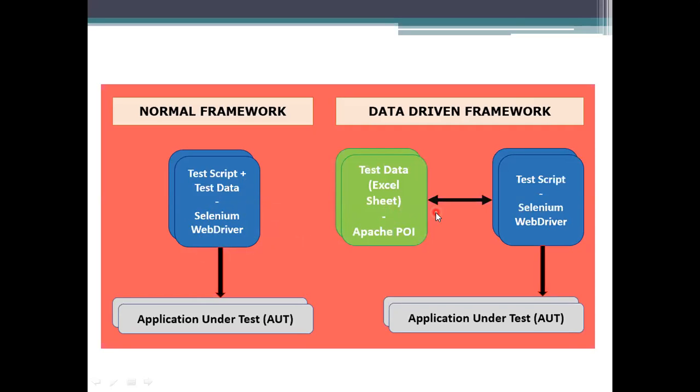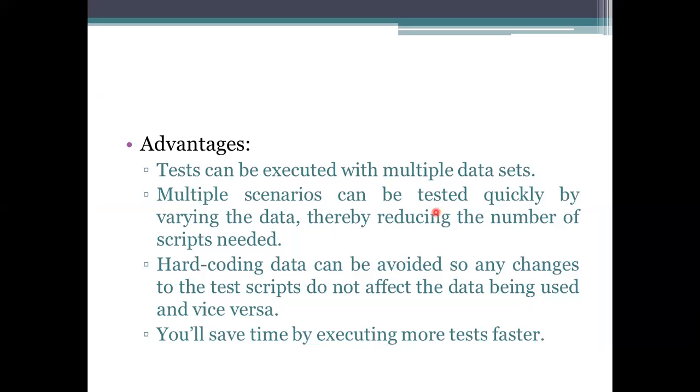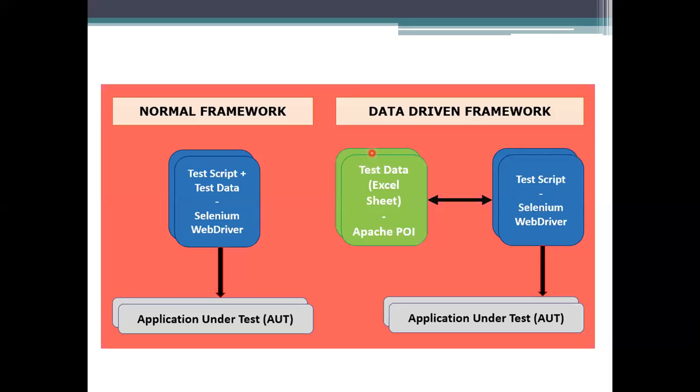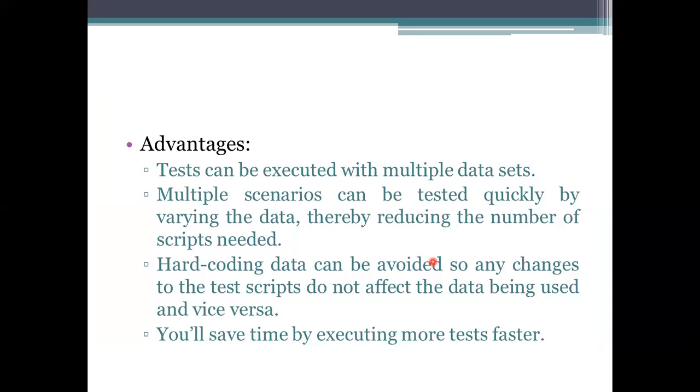If it is passing that test, we will specify that the data that has been processed or given by the person is the correct one. If not, it won't allow you access here. And coming to the advantages, we are using multiple data sets. As I said, we can use multiple data sets here, and the data usage will vary, and there is no writing of the script for multiple data elements. You can write a script once and reuse it for the number of data sets we are using. And here it is concentrating on the data.